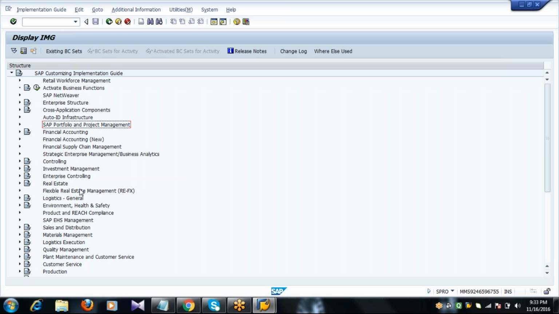So the next point is maintain controlling area. Still we are in the settings of the controlling. As we discussed yesterday, as a functional consultant, we never create these controlling settings. As we have some scenarios to execute, we are doing these controlling settings in the training program only. In real time, these settings are done by the controlling consultant, the CO people, not by us. So the next point is maintain controlling area.